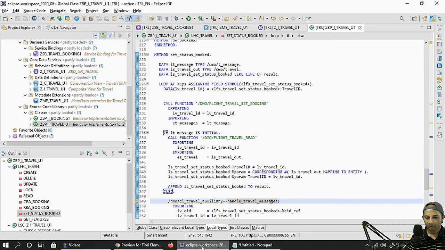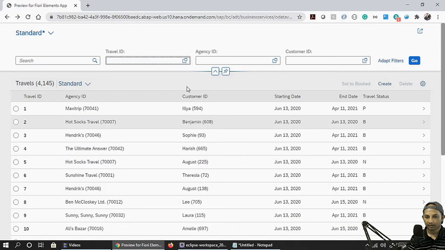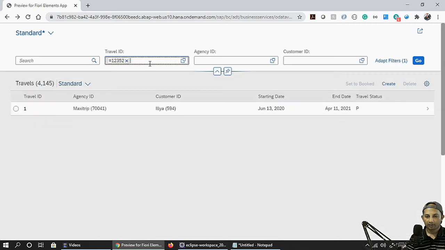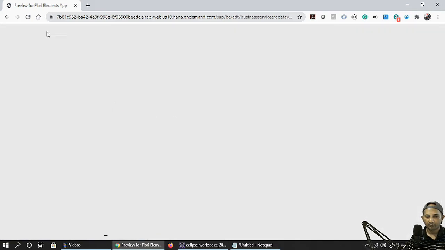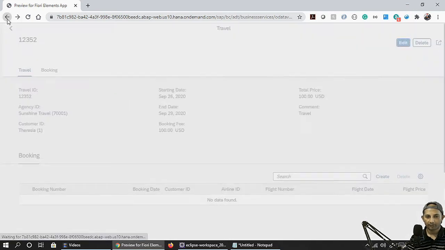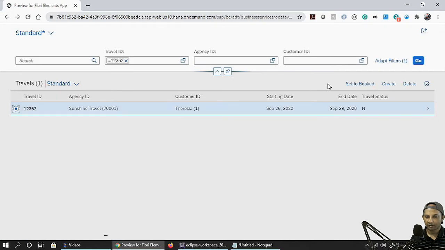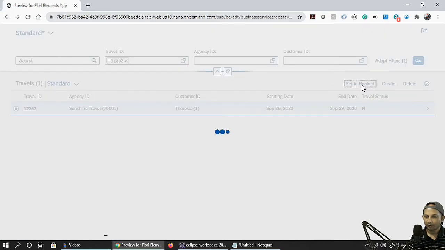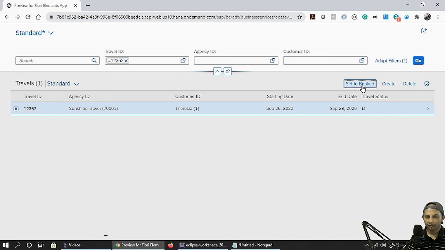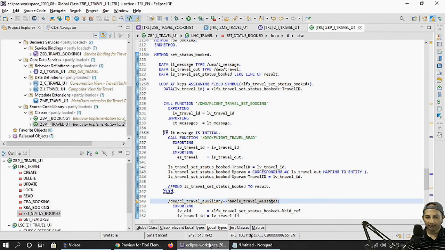So what to be done now? Let's go back, search again, and this is the data. Sorry, the data is actually available. If I select and click on set to booked, it gives booked. Okay, it's working, but the debug point didn't catch. Anyway,